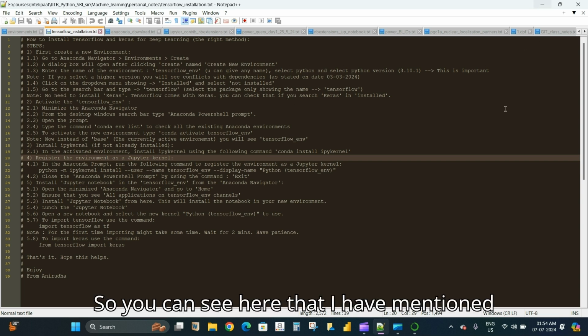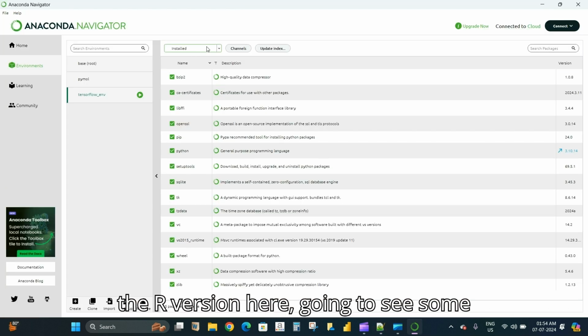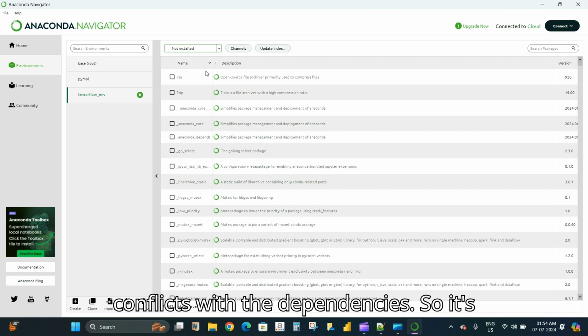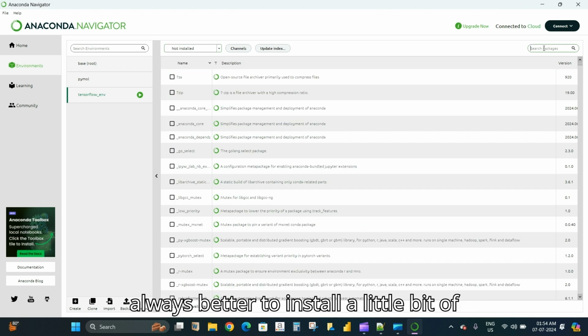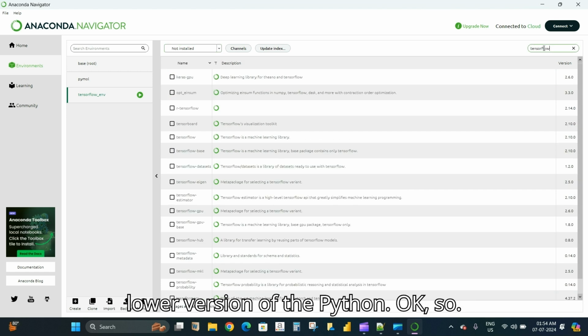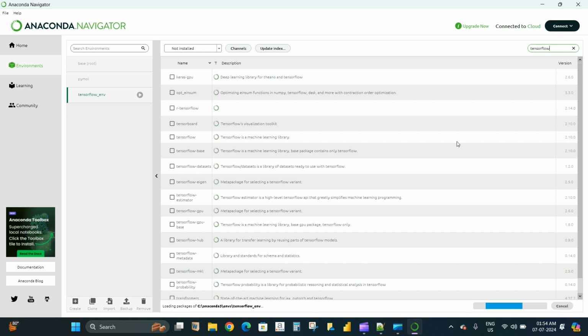So you can see here that I have mentioned the same thing, that if you select the latest version, you are going to see some conflicts with the dependencies. So it's always better to install a slightly lower version of Python. Okay, so now that our TensorFlow environment is ready, we can go